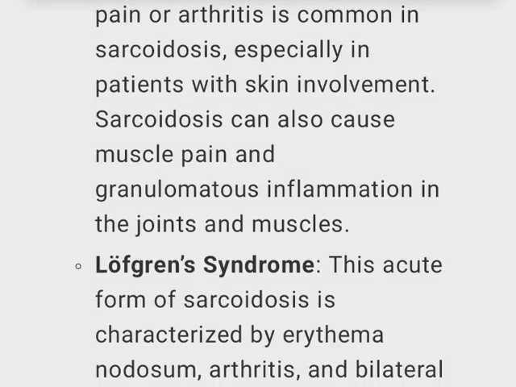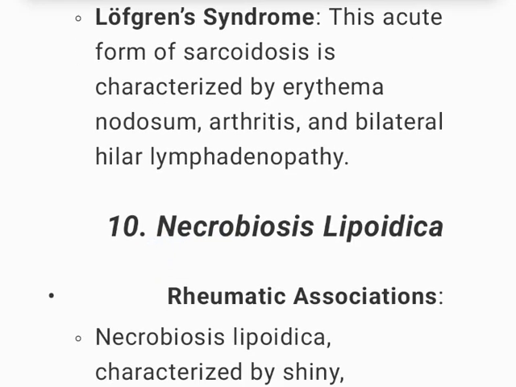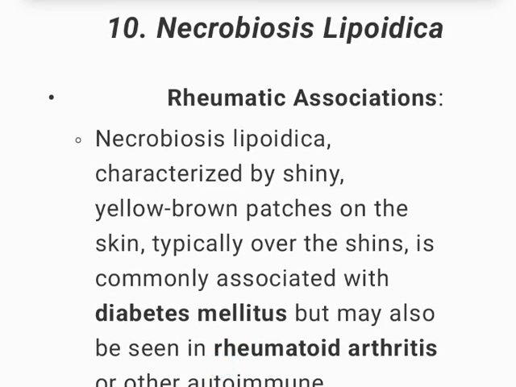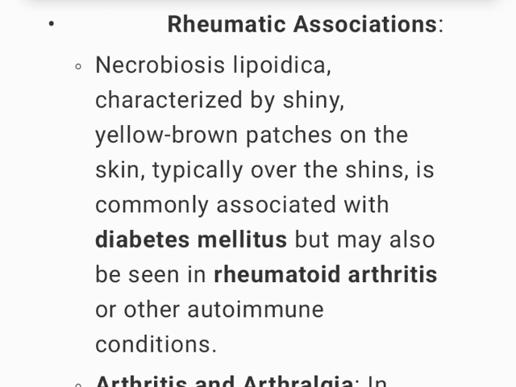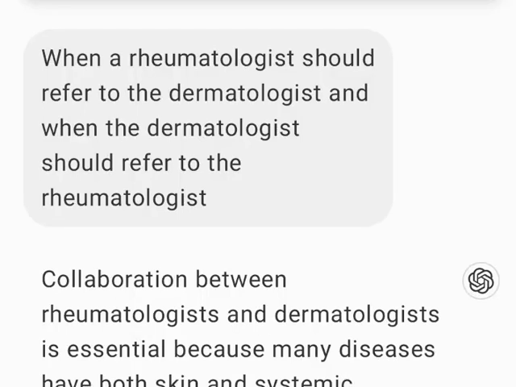Sarcoidosis can also cause muscle pain and granulomatous inflammation in the joints and muscles. Löfgren syndrome. This acute form of sarcoidosis is characterized by erythema nodosum, arthritis, and bilateral hilar lymphadenopathy. 10. Necrobiosis lipoidica, rheumatic associations. Many skin diseases are associated with systemic rheumatic complications, as